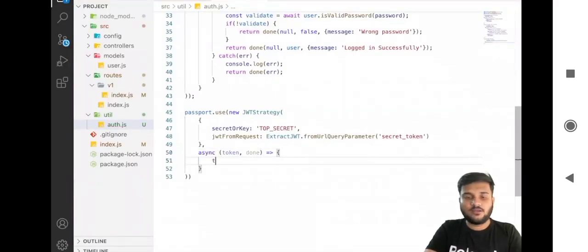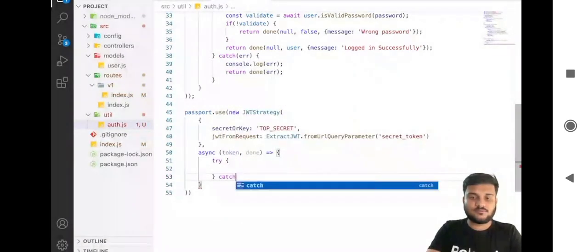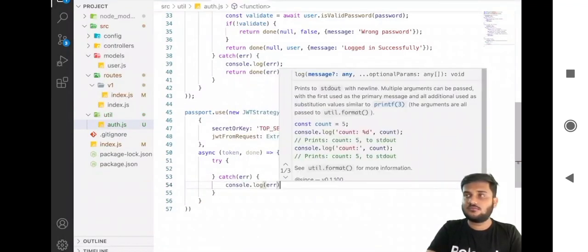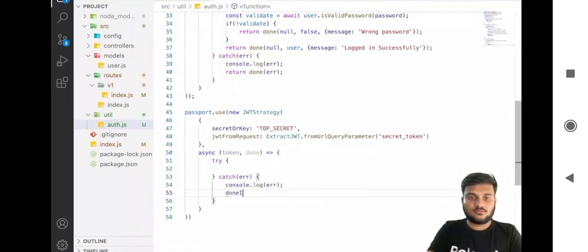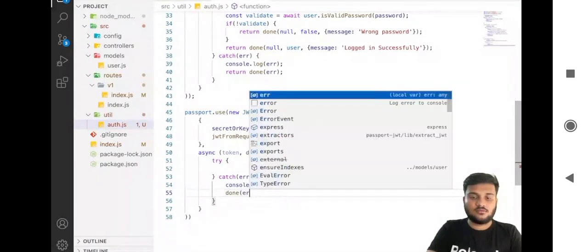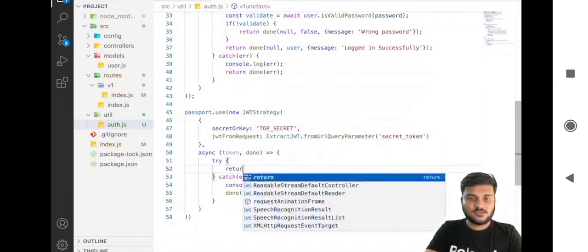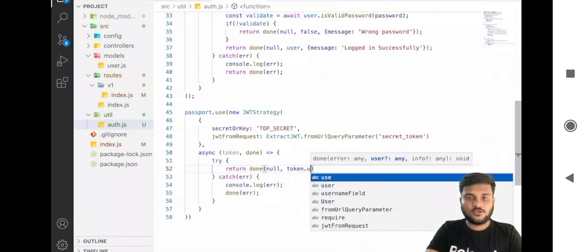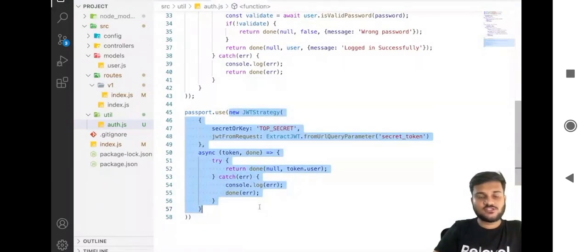Right? Token, comma, done. We'll say try, catch, console.log error, done, error. Okay, cool. And then try, we'll say return done null, comma, token.user. Now the moment what will happen is, if you will use this new strategy of JWT strategy,